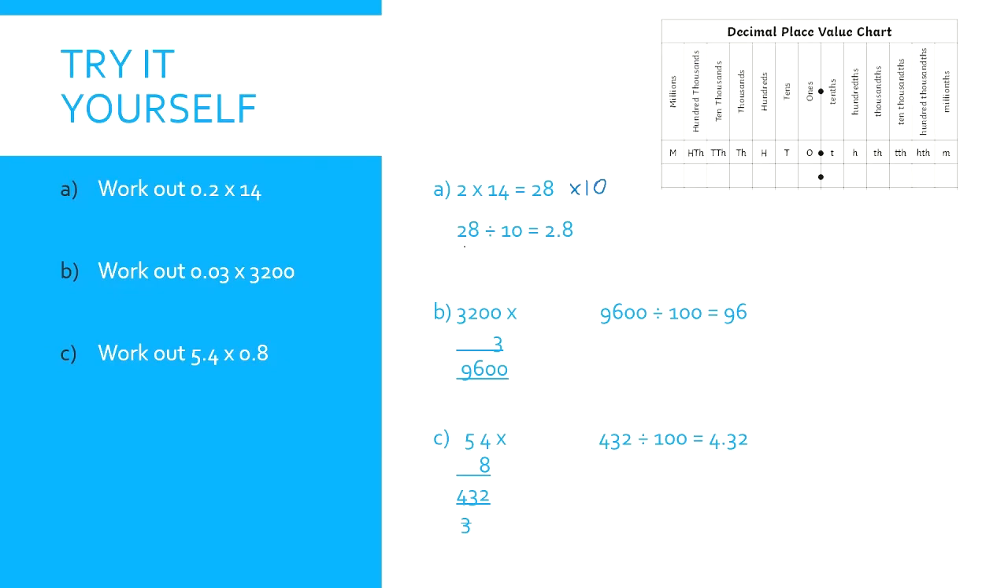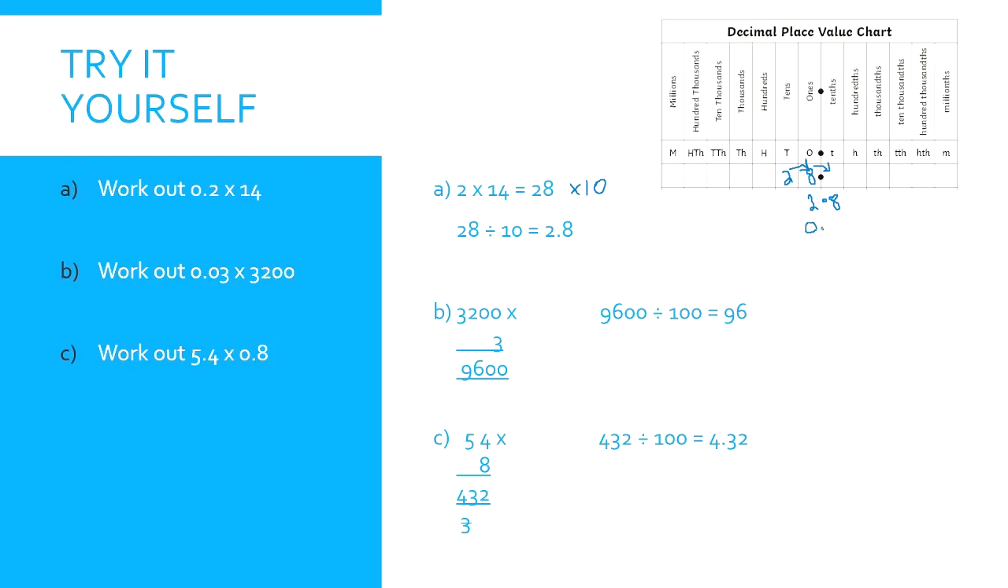So if I do 28 divided by 10, where I've got my 28 up here, and I'm moving both these numbers along once, so I've got my numbers 2 and 8 in the ones and tenths column, so I get the answer 2.8. I've done exactly the same thing for question B here. The difference is that if I look at